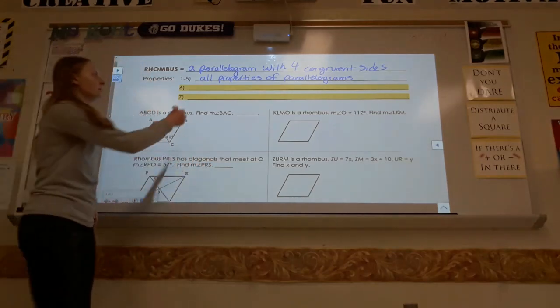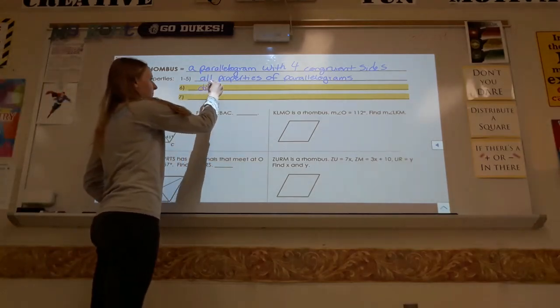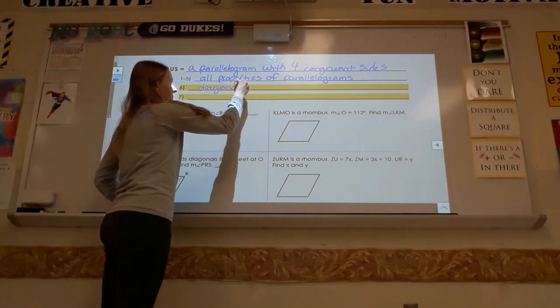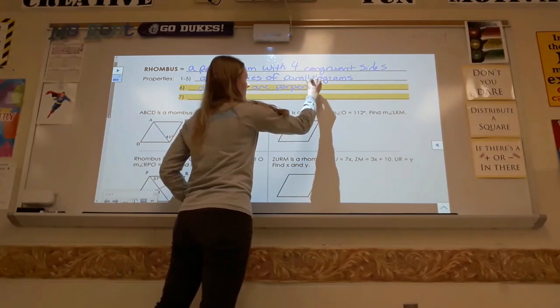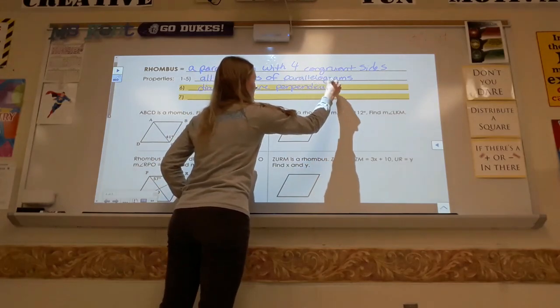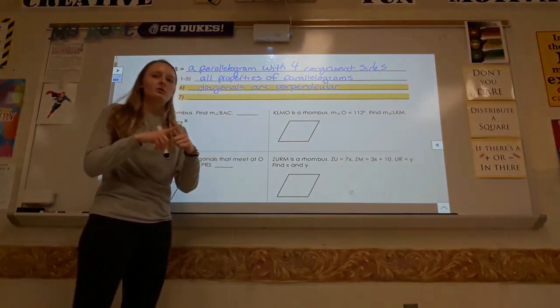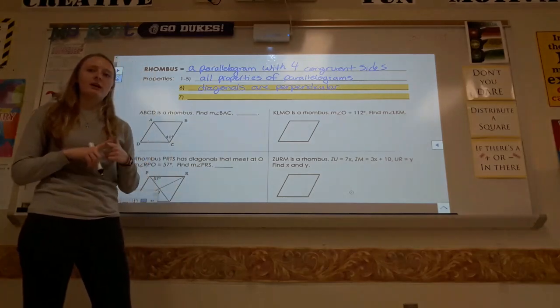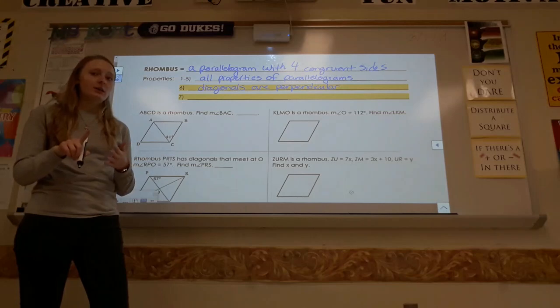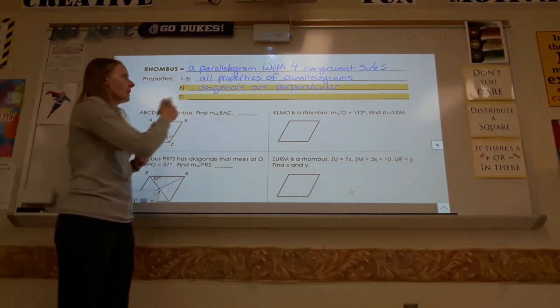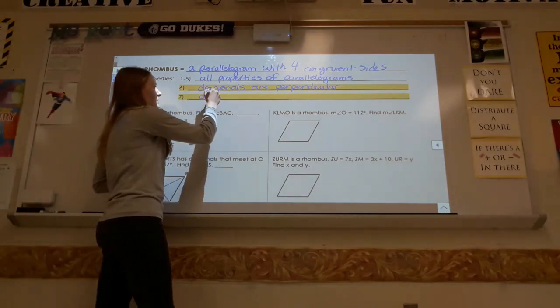So the first one is that diagonals are perpendicular. So that means that where the diagonals cross inside of the rhombus, they do create 90-degree angles on the inside. The corners are not 90 like a rectangle. It's where the diagonals meet. And then diagonals